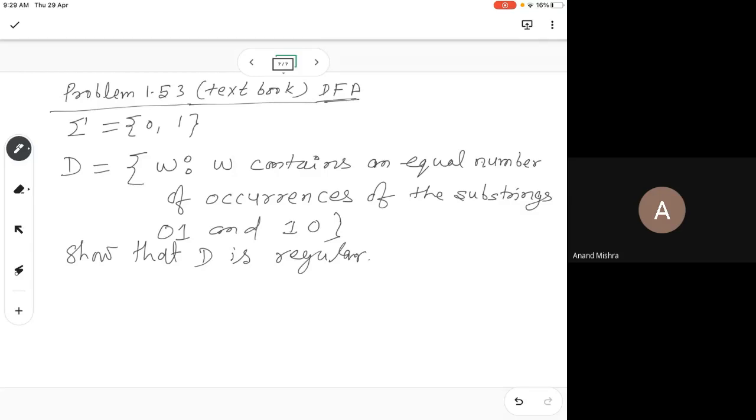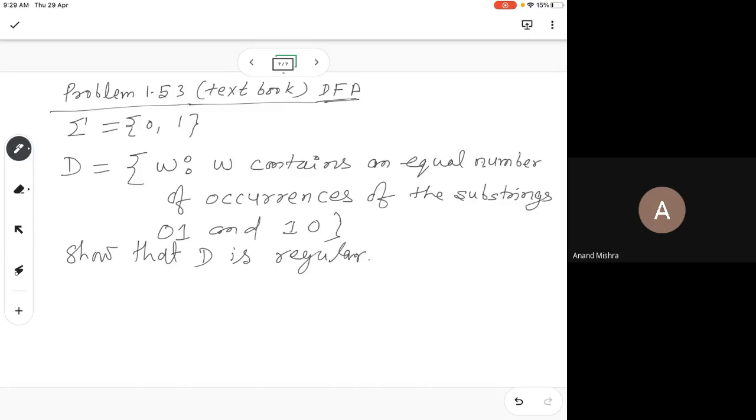Anyone? To show some language is regular, what do you do? Not really. Pumping lemma is not the right way, perhaps, because pumping lemma is usually used for showing non-regular. Of course, you can do that also, no harm. If you can show it, that is fine. But the pumping lemma is used when you have to show something non-regular. You can show that using contradiction. But the best way is to show something regular: you design a finite automaton for that. If you can design the finite automaton,